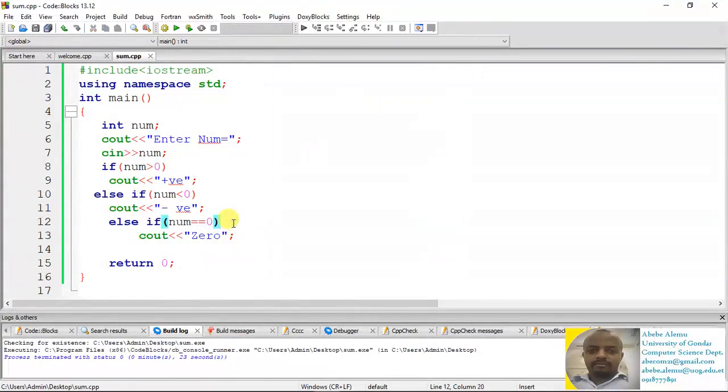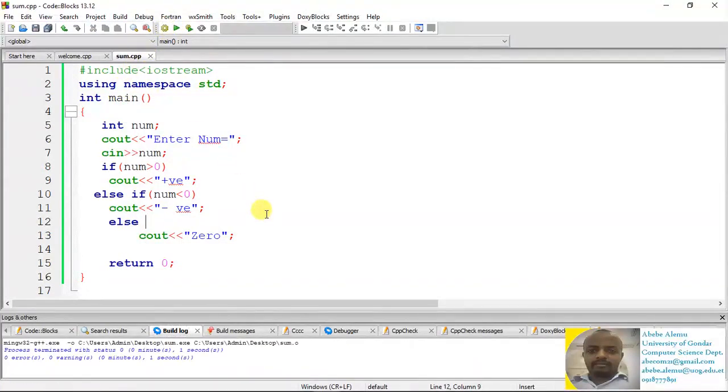But one possible way to write this kind of program is: if a number is not positive or negative, obviously it's 0, so there is no need to specify this condition. It is optional. You can incorporate the condition of 0, but if a number is not positive or negative, obviously it's 0, so it's optional to add this condition. Okay, this is how you handle